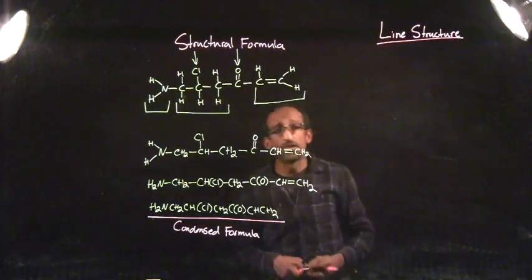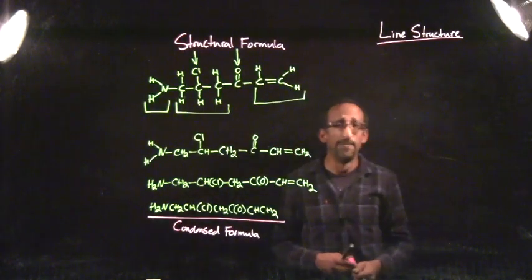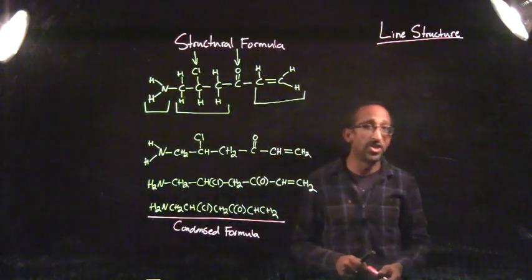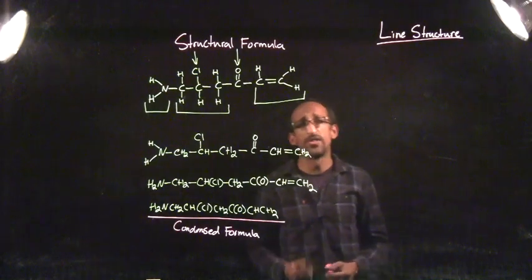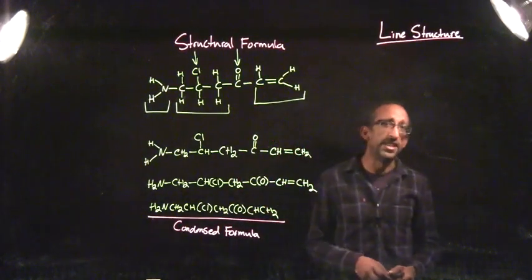Line structures are by far the most common method for drawing organic molecules and drawing most molecules in general. This is the fastest and most efficient way for us to draw a compound to convey the information that we